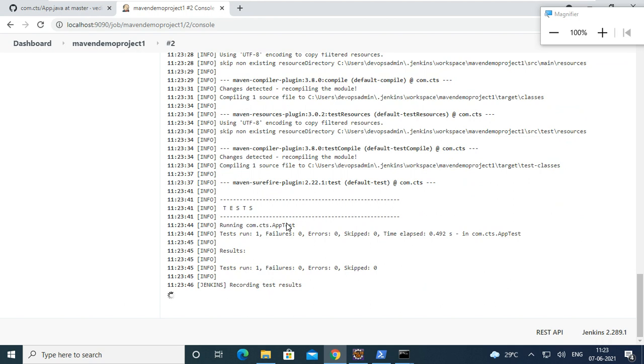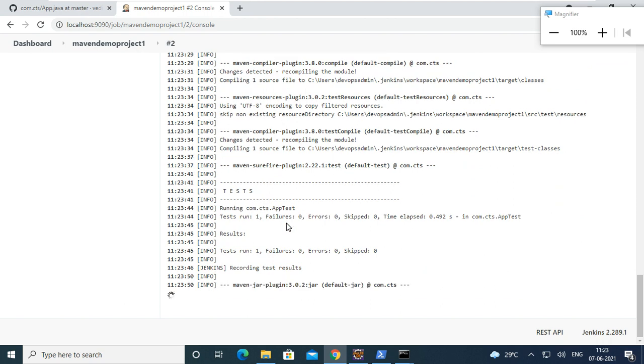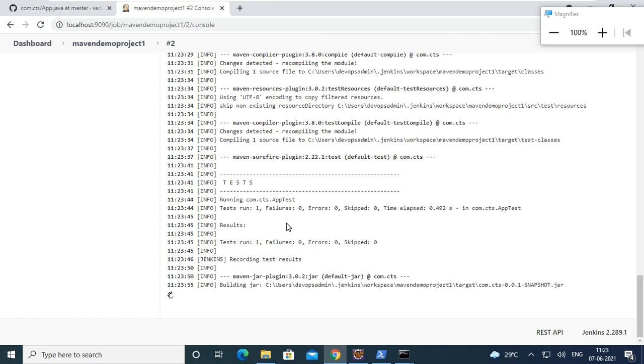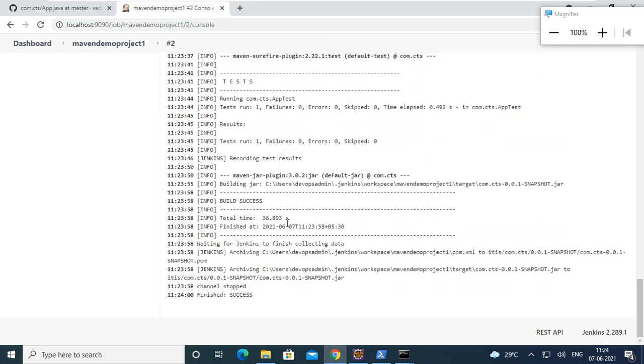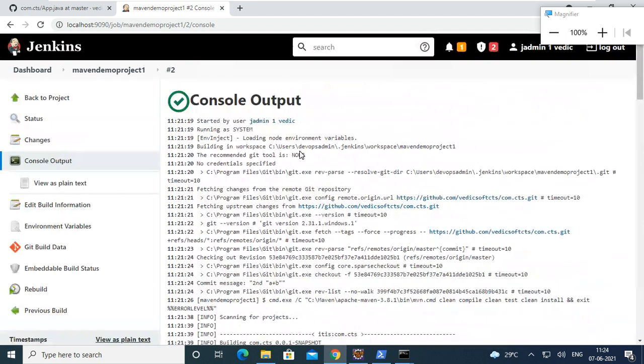Okay, and then if you want to do post build setup, or you want to publish or deliver somewhere, you can do it. Or you want to build another project, or do deployment or testing, you can do it. So this is it. This is your Maven: build, test, deploy. We use Maven and JUnit. Maven is for build and compiling, we use JUnit for testing, and for packaging and installation we use Maven only.